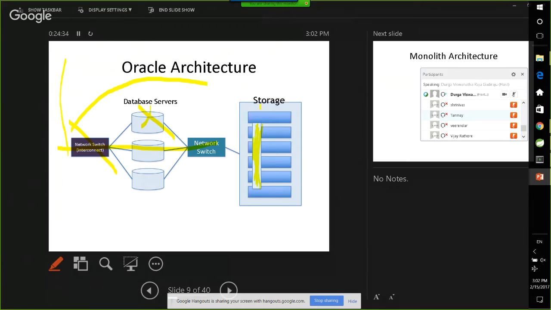This can be larger than any of these hard drives. If anyone is familiar with Oracle, you will understand very easily. Earlier, there used to be a limit on the database file size. Now they have increased it to 4 terabytes. Earlier it used to be some gigabytes. Now it can go up to 4 terabytes. It can even back up that 4 terabytes of file very quickly, because of this logical abstraction on top of physical storage.